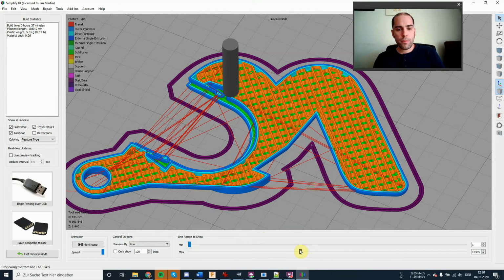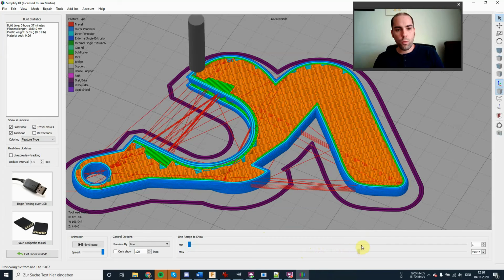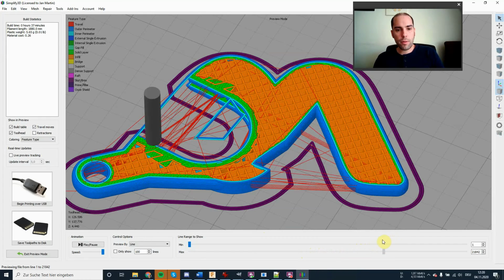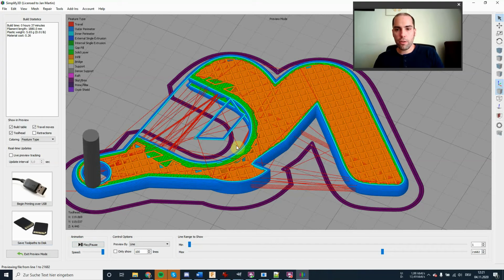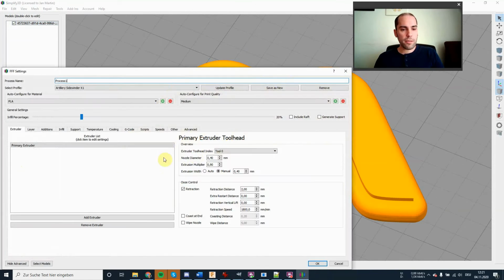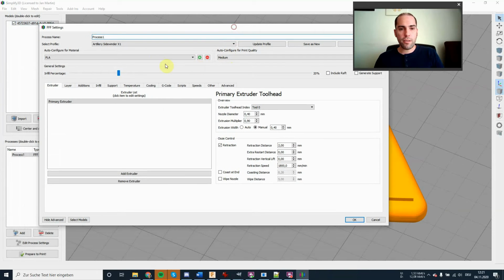And furthermore, we'll get to a point where we are printing in thin air, right here. You see here that the outer perimeters are going to be created, and then it's going to print here, and all this plastic is going to fall down on the print surface, and it's not going to work at all. So we have to find a solution here for these two problems, and that's going to be done by creating proper settings on the basis of our standard settings that we have loaded here.